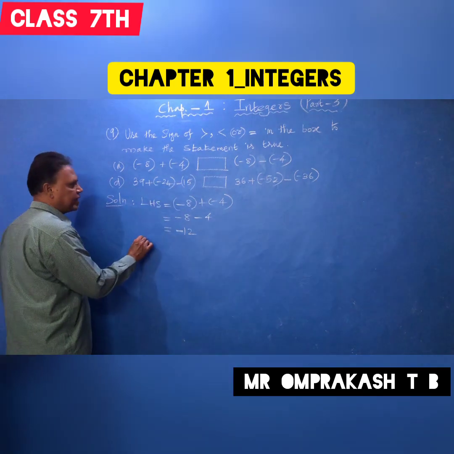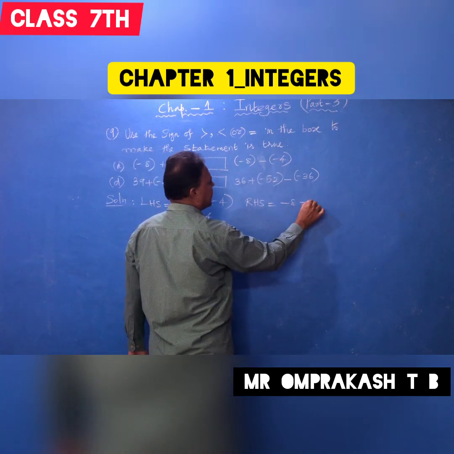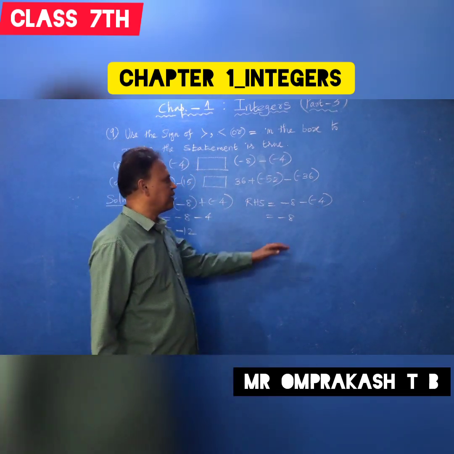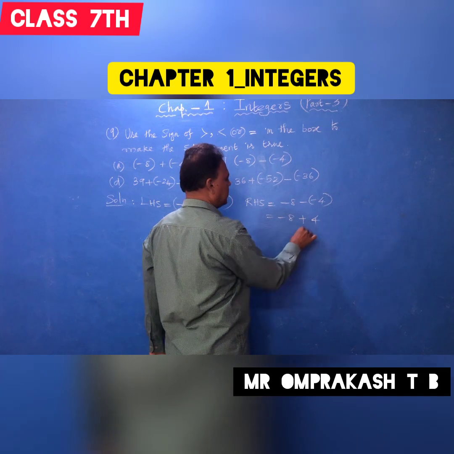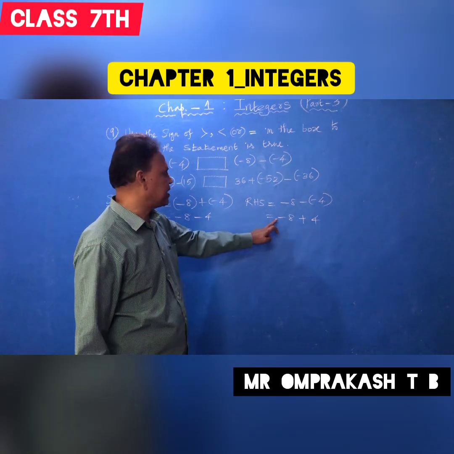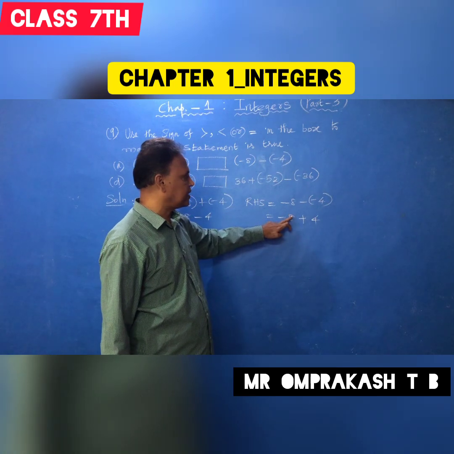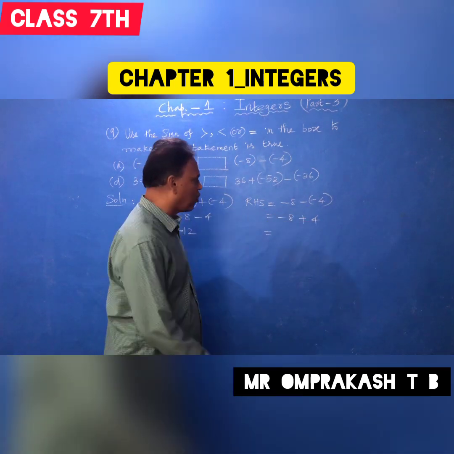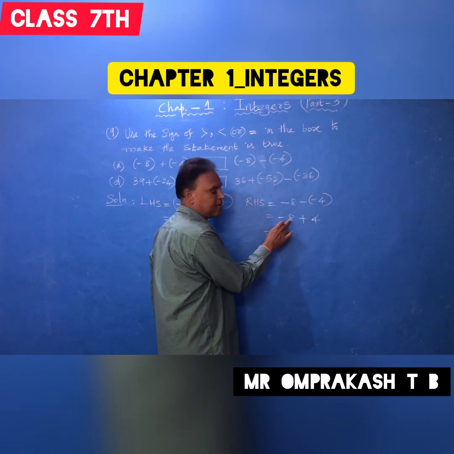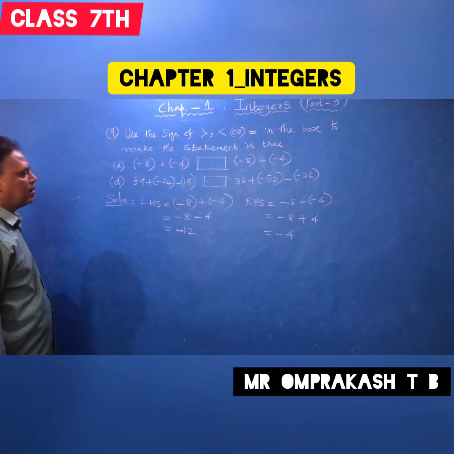Now right hand side you take. Minus 8 minus of minus 4. So minus 8 minus of minus plus. Minus of minus plus 4. Okay. So here both are different signs. Both are different signs means what you have to do? Subtract. Biggest number minus smallest number. Ignore the sign. Subtract. 8 minus 4, 4. Put the biggest number's sign. What is the biggest number? 8 and 4. Biggest number is 8. So whose sign is minus? So minus 4.